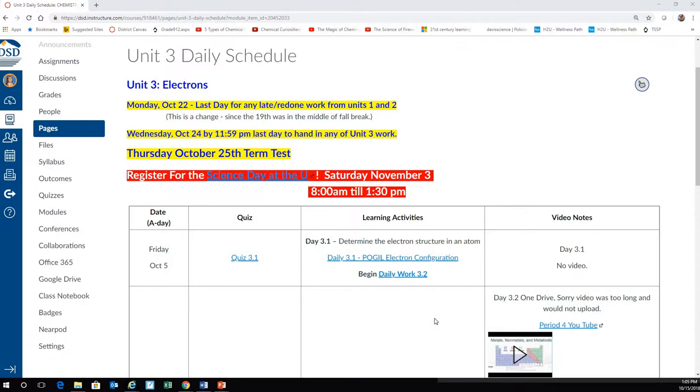So just real quick, a reminder: Monday, October 22nd is the last day. That is the Monday after fall break. That's the last day that you can put in late work for Unit 1 and Unit 2. You can redo quizzes, you can redo daily work, you can redo labs. The only things you cannot redo are tests and independent quizzes. You can still hand in independent assignments, but you just can't redo the quiz because the quiz assigns you a